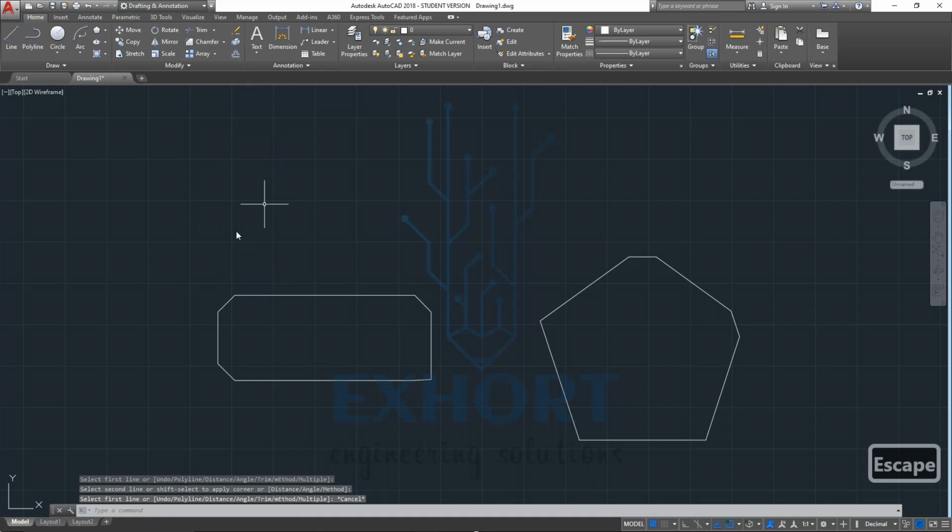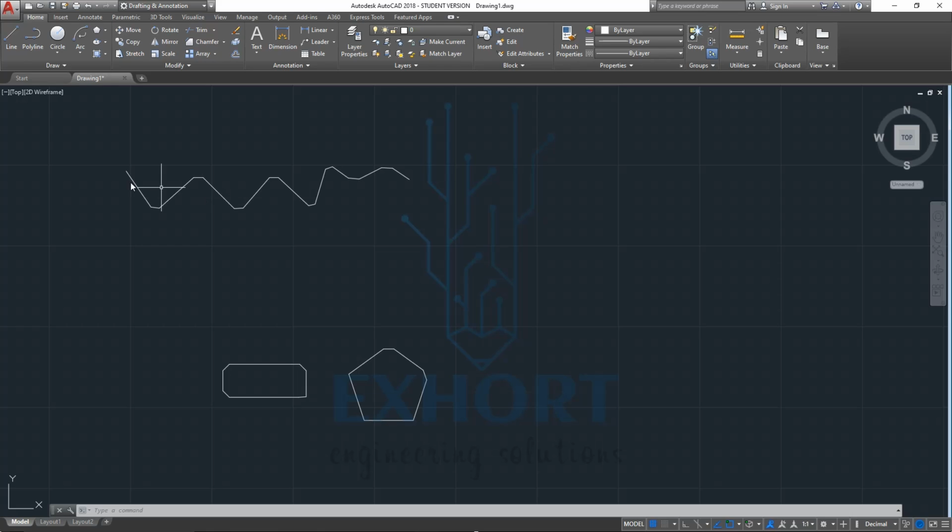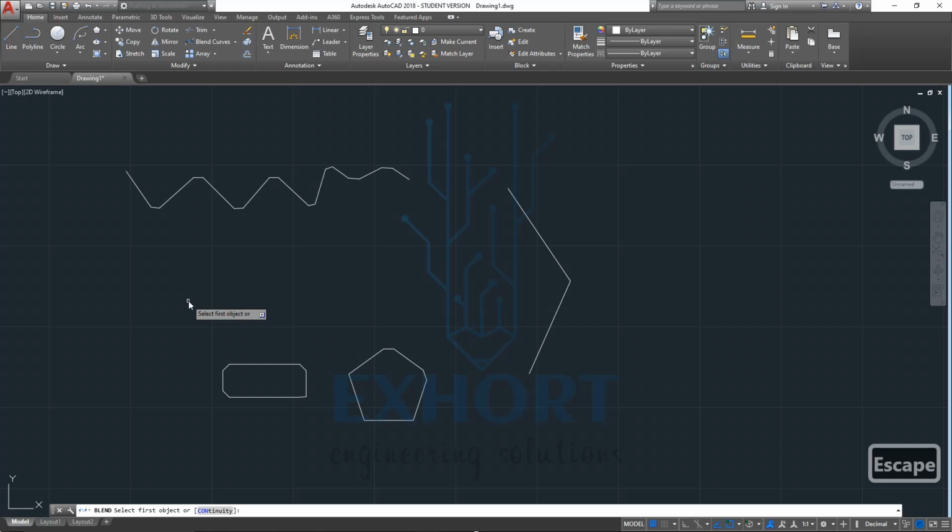Okay, so friends, now I will show you how to use blend curves. For this we need two geometries. I will say this is my first geometry. This is my first line and I will draw another line. Now I will choose the blend curve. Here we have to choose the first object.